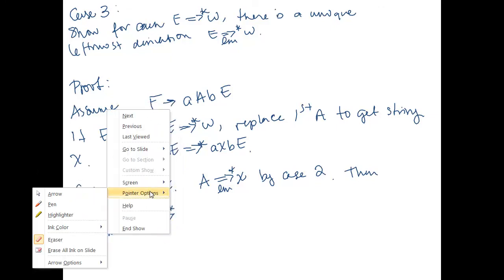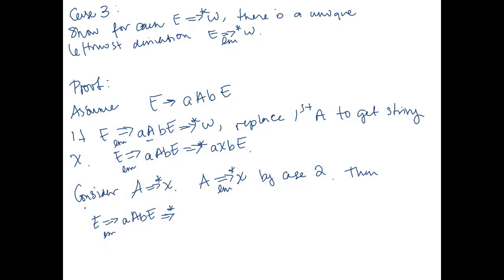Let's try to make that look like actual letters. There we go. A, X, B, E, and then some other number of steps to get to W. Okay, so now we want to consider replacing E, this E,